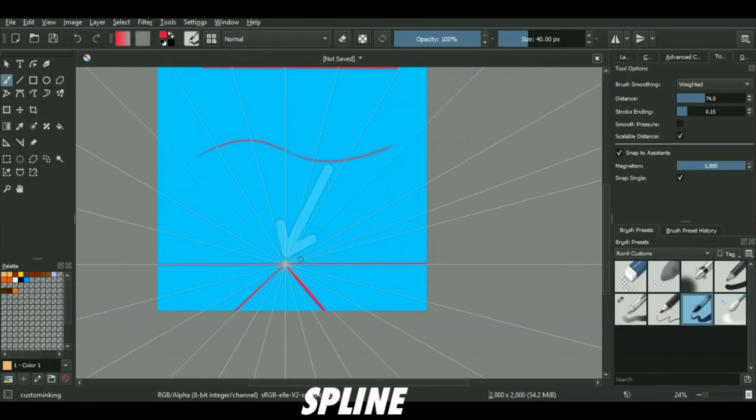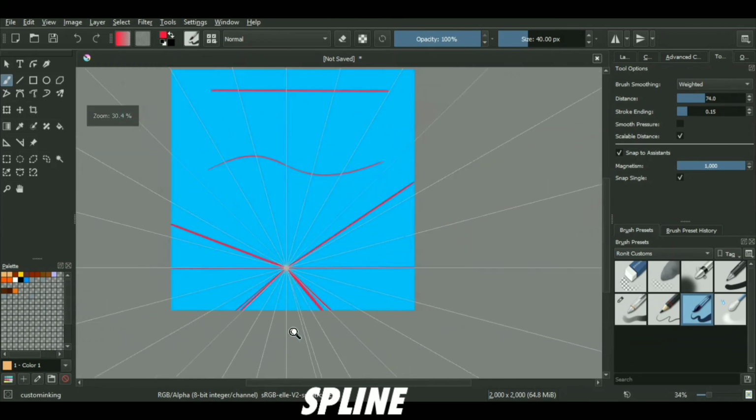So the point you see in the middle, this one, is the vanishing point itself, from where the name is actually derived. The line parallel to your canvas on which your vanishing point lies is the horizon. Basically, in real life, the horizon is the point where the sun rises and sets.